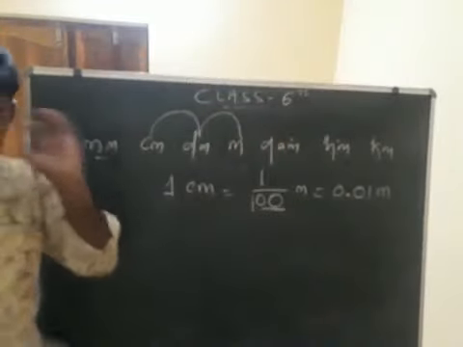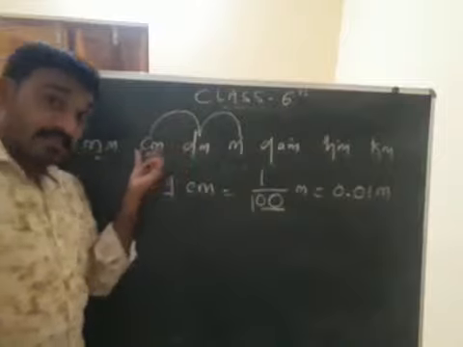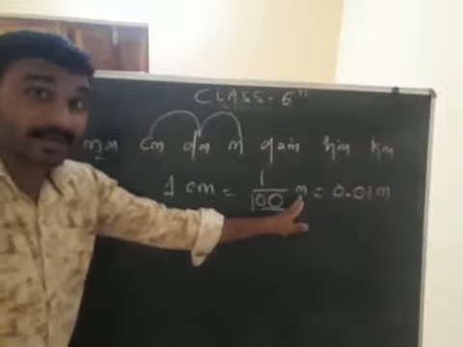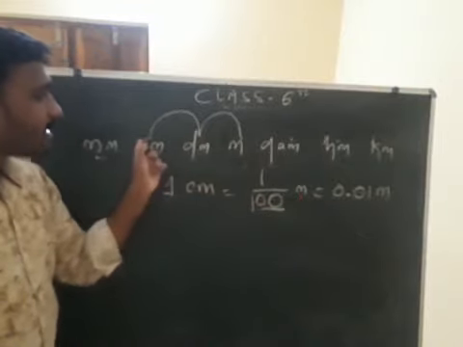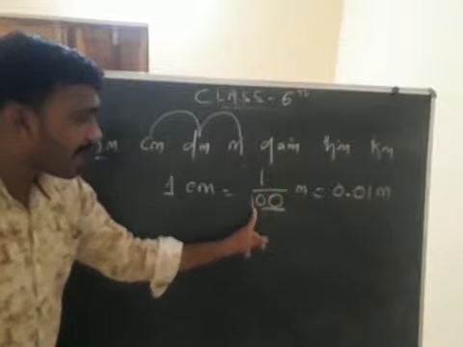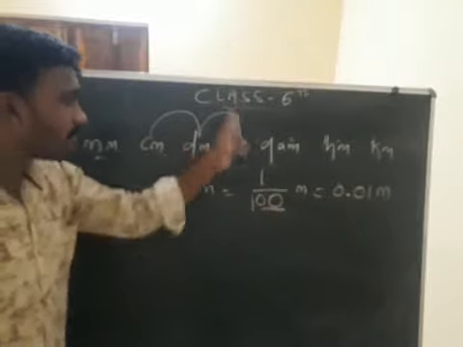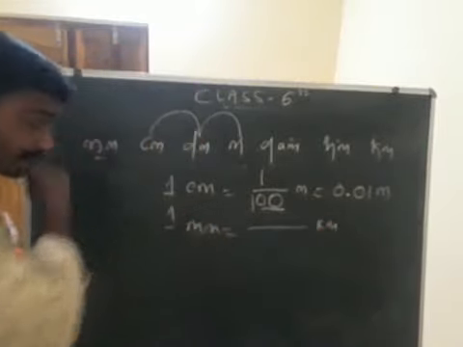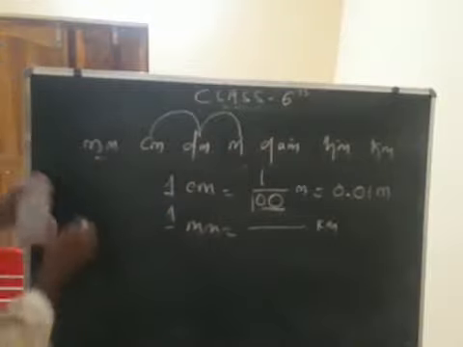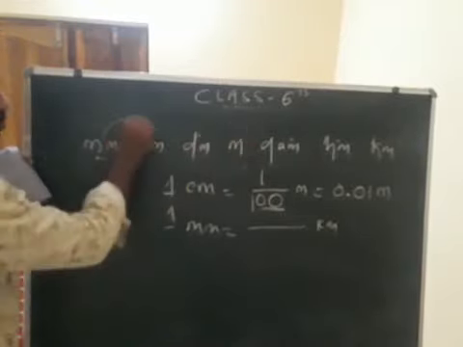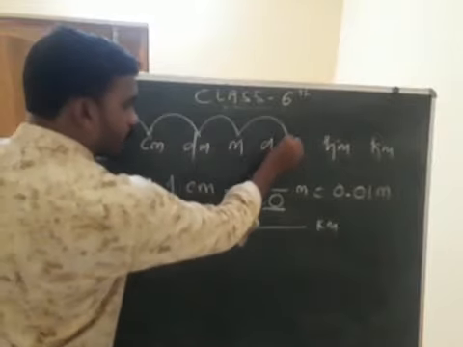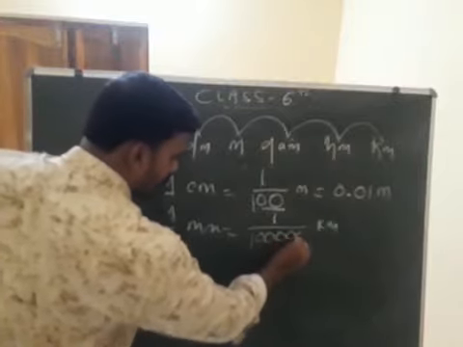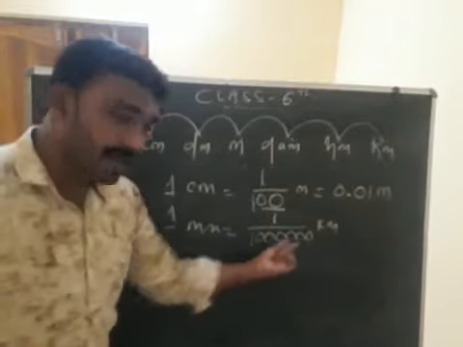Let's see again, one more time I am explaining. When you are going from smaller to bigger, 1 centimeter is equal to ___ meter. So centimeter to meter: 1, 2. 1 by, in 1 how many 0s? 2 zeros because 2 times we have. Now 1 mm to kilometer. Bigger one, see. Millimeter to kilometer means you go 1, 2, 3, 4, 5, 6. 1 by, in 1 how many 0s? 6 zeros. Clear?